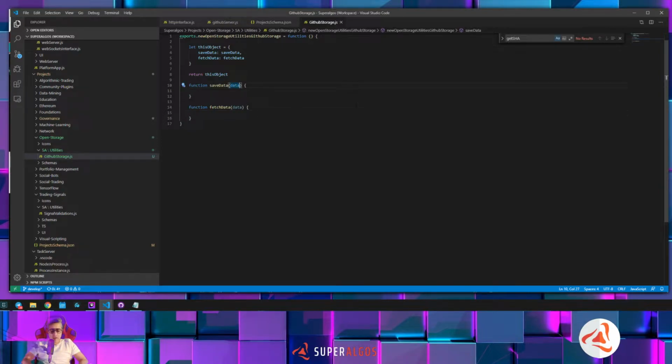Yeah, we probably need here the container, or storage container. So this would be more or less like save this data at this storage container and fetch